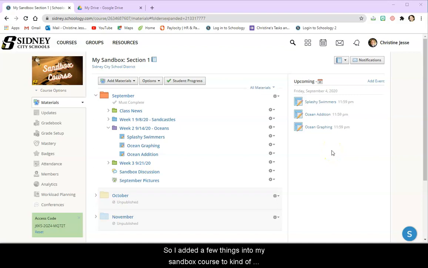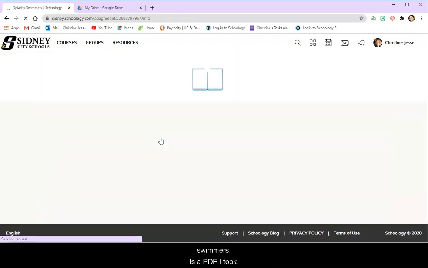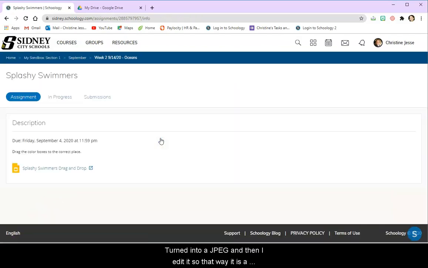So I added a few things into my sandbox course to show you how we can do other things with different types of documents, PDFs, things like that. I have three I'm going to show you here, and then I'm also going to show you one with Kami. The first one here, Splashy Swimmers, is a PDF I took, turned into a JPEG, and then